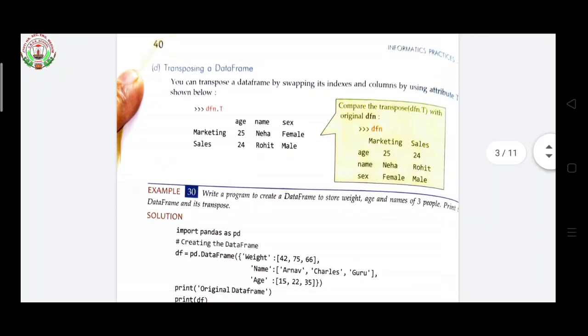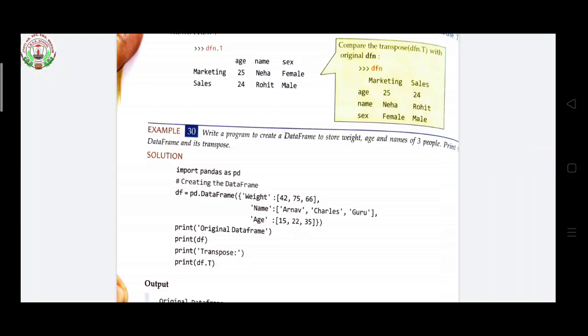Now let us see one example. Write a program to create a data frame to store weight, age and names of 3 people. Now print the data frame and its transpose. Solution is given. Import pandas as pd, that is our package name. df equals pd.DataFrame with curly brackets.